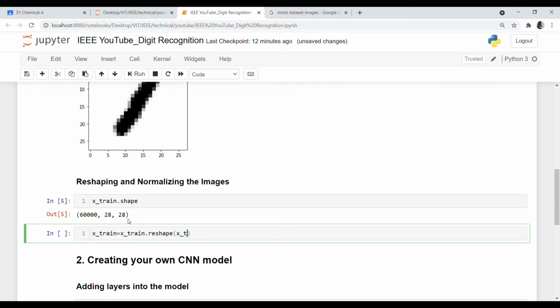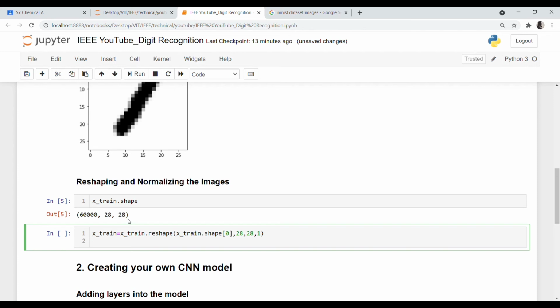So X train dot shape, we'll give it another dimension, and then we need an image of 28 by 28 pixels as it is, and in one color phase. Similarly, we'll do the same with X test. So let me just copy this and paste this, and let's just change this to test.